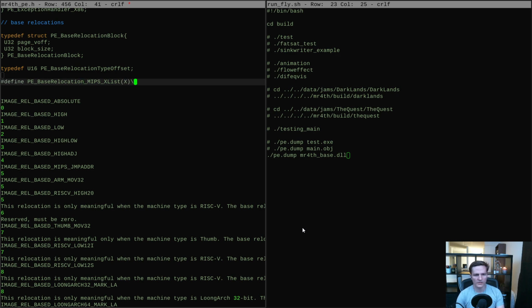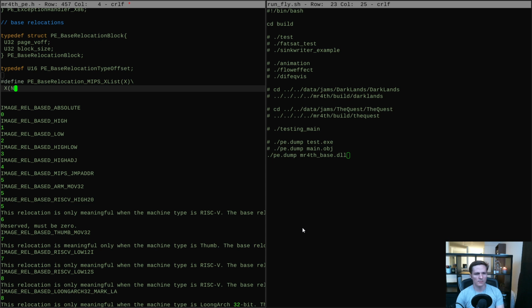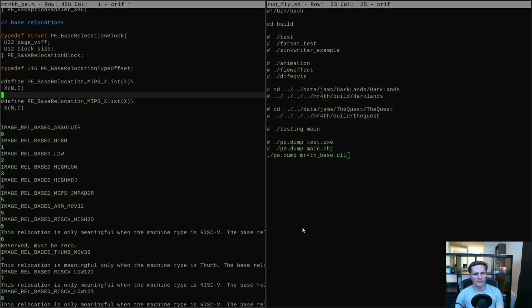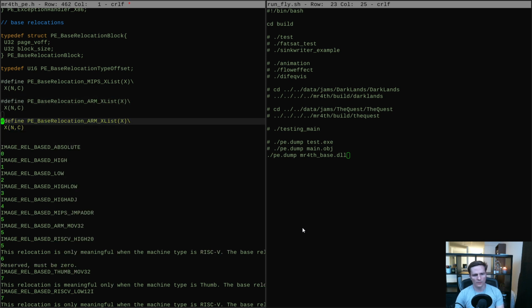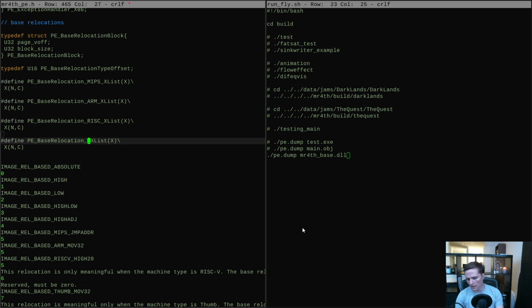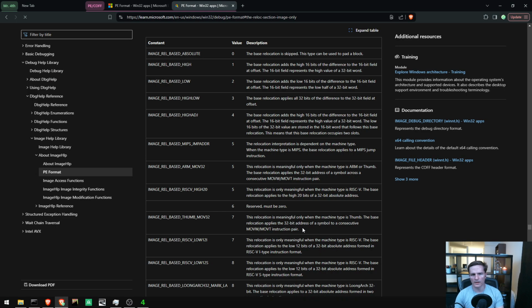Put down the X, and then it's just name, code, over and over again. And then we get another one, and this one would be our ARM, and then get another one, and this would be our RISC-V, and get another one, and this would be our Thumb or whatever. Also have to figure out like what is